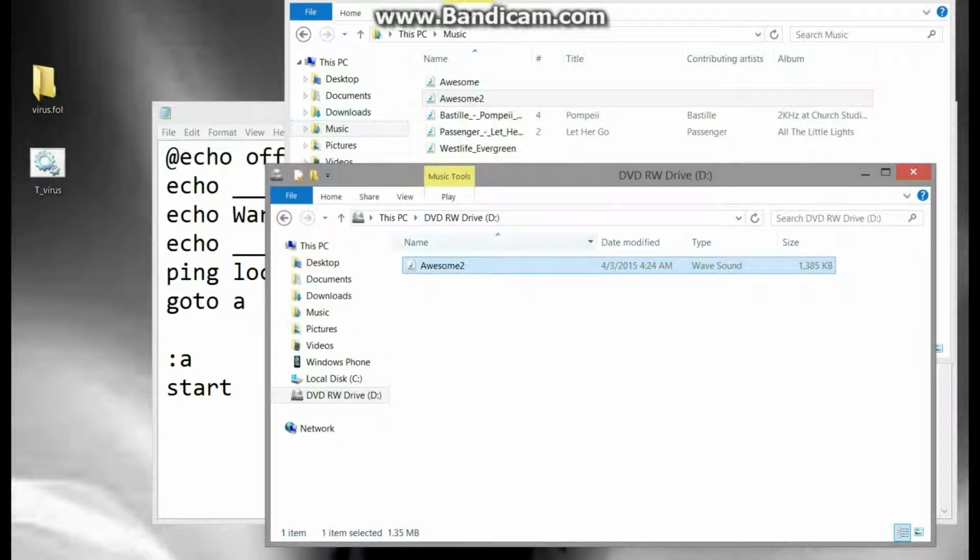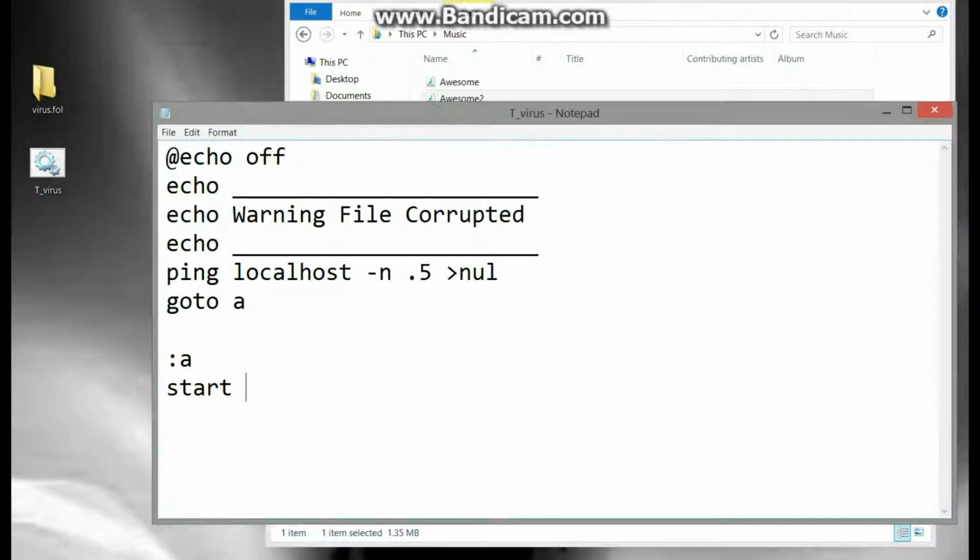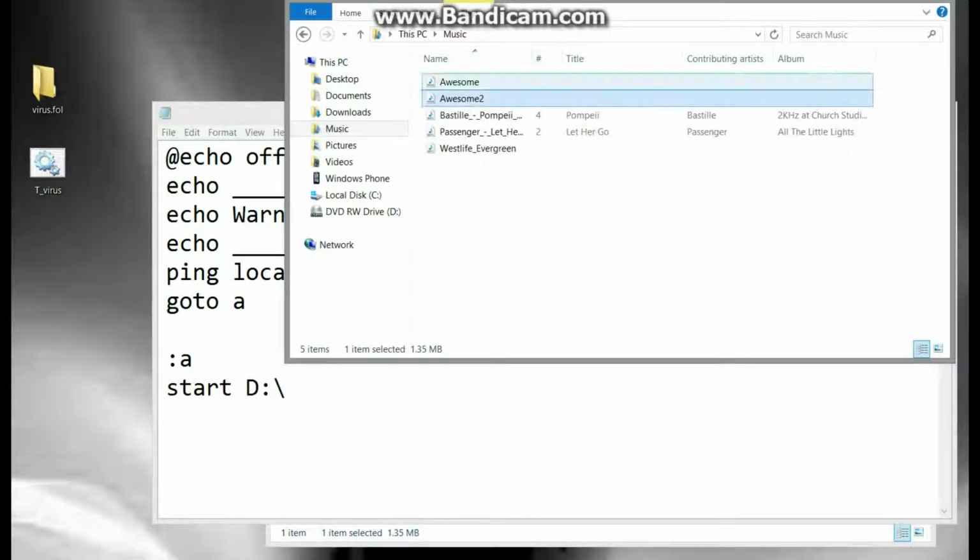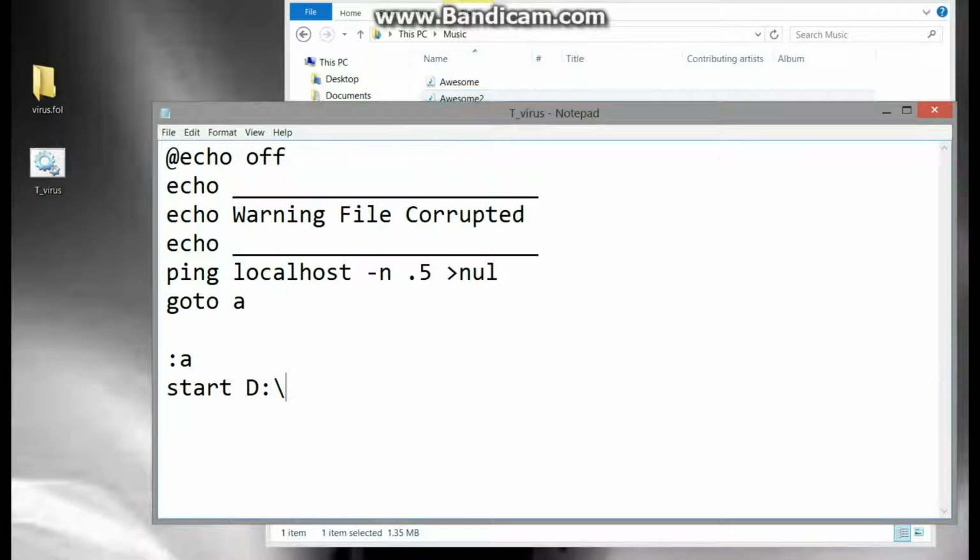Okay, once this finishes transferring, I click this, Control C and Control V. Then I'm going to go over here, and it says awesome, I'm in awesome 2, so we're going to go awesome 2, and then we're going to type in